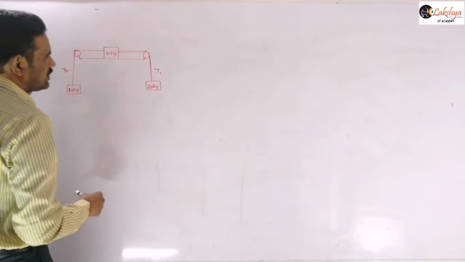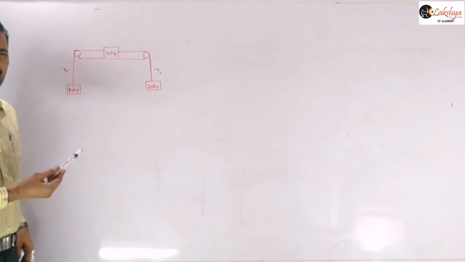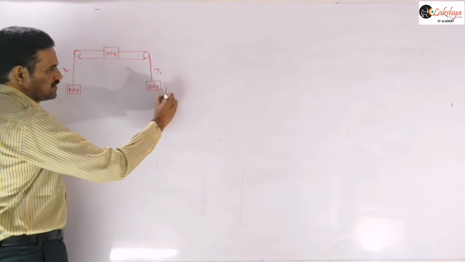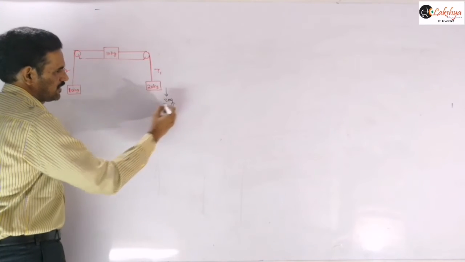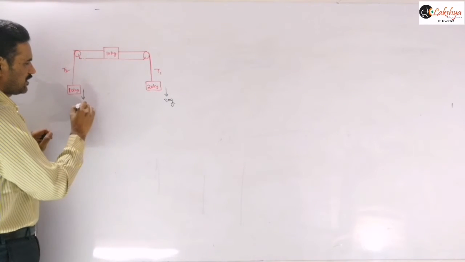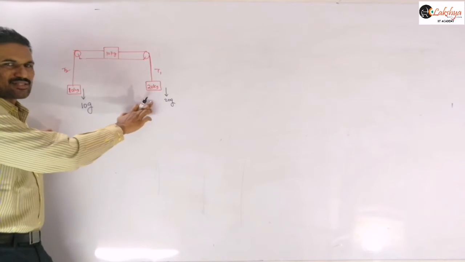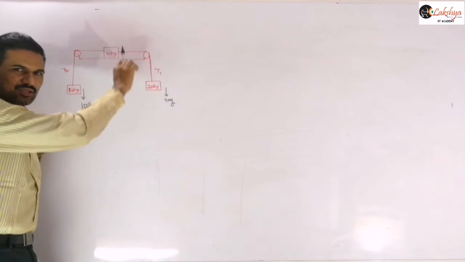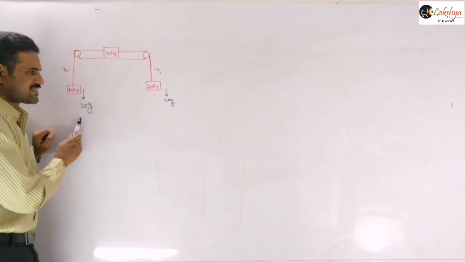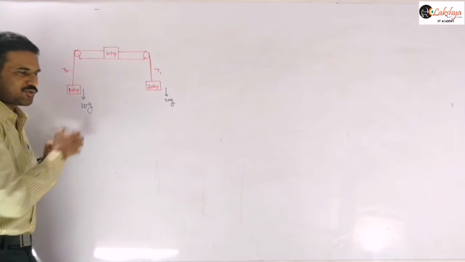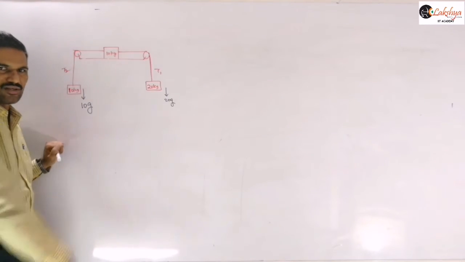Now here you can write the acceleration by our direct method. We know our direct method already. The weight of this block is in this direction, 20g, and the weight of this block is here, 10g, right? Now the weight of this block is trying to accelerate the system in this direction, and this 10g is opposing the acceleration or the motion of the system, because it is trying to pull the system in this direction.